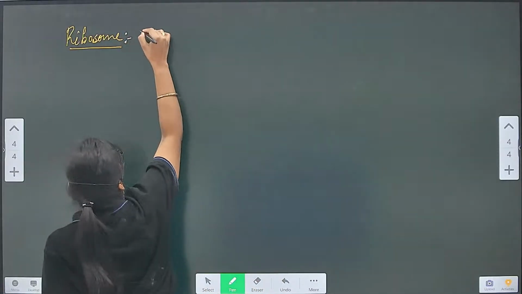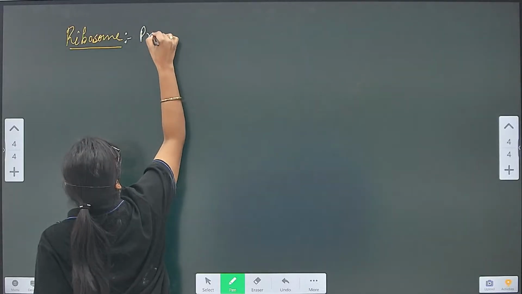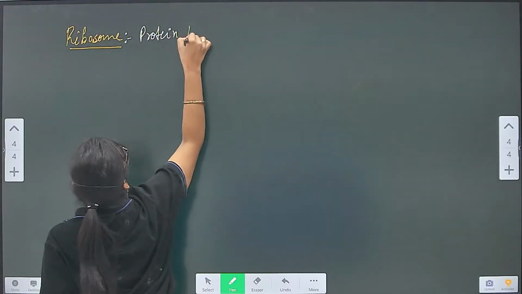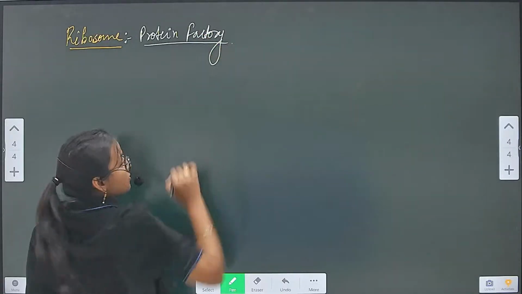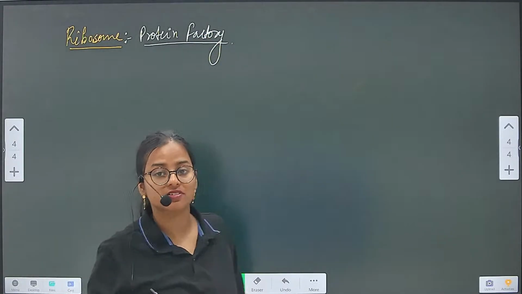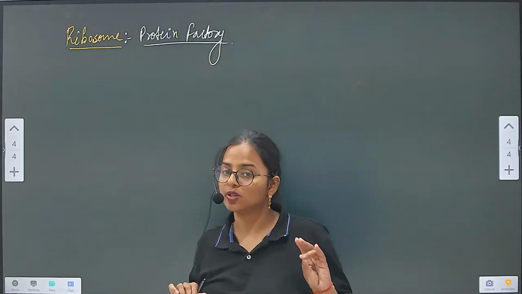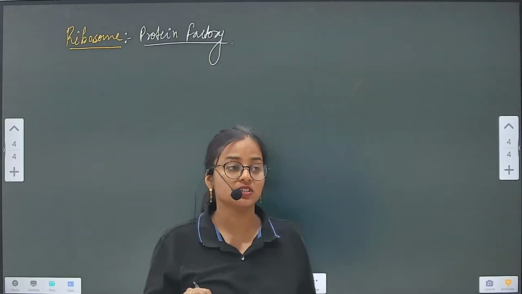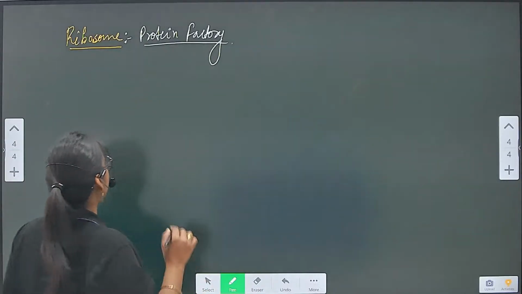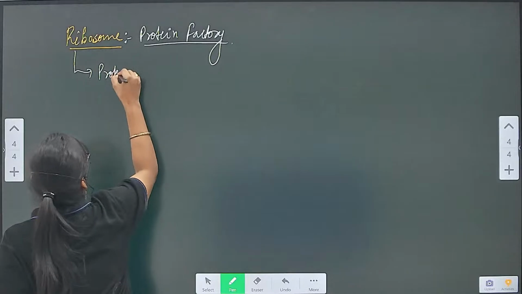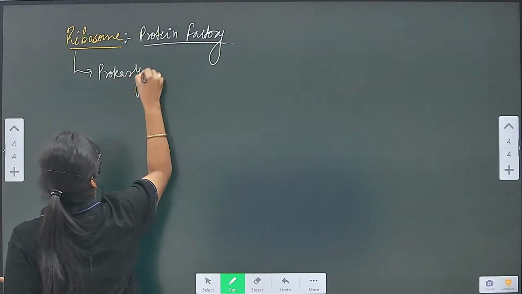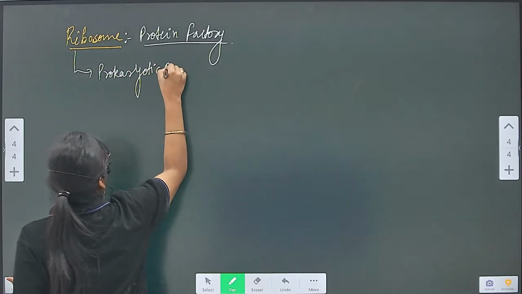That's why they are called the protein factory. Ribosomes are called the protein factory, found in both prokaryotes and eukaryotes. So what is the difference between the eukaryotic and prokaryotic protein factory? See, the prokaryotic ribosome